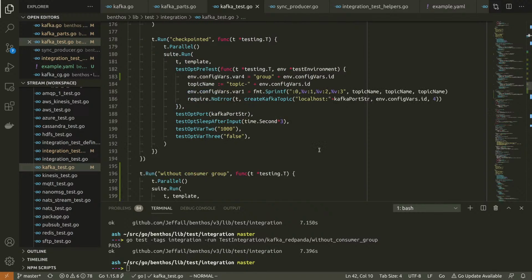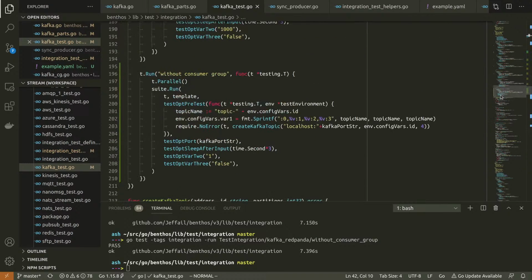There is more stuff I can test here. It doesn't explode. We get the messages.